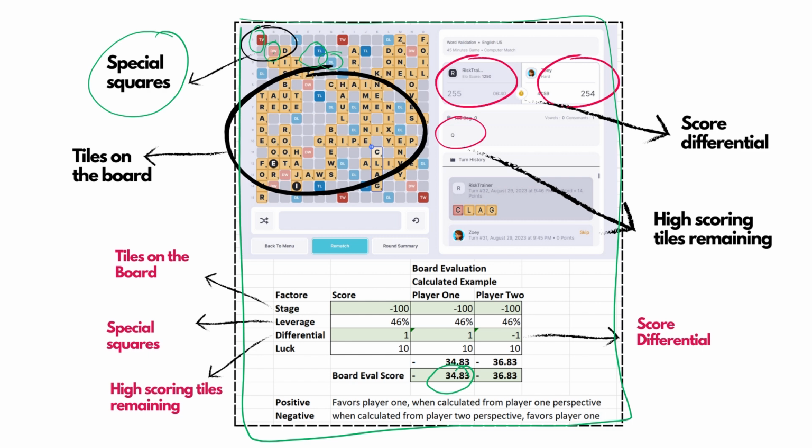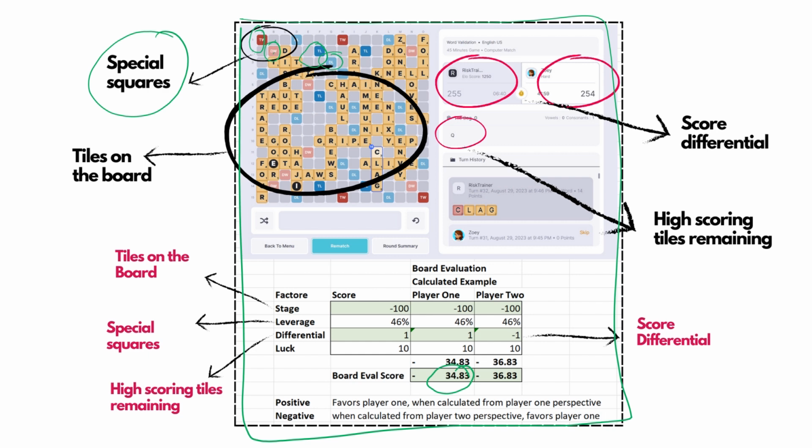But I think the second part is that if you go through the research and the analysis of Scrabble as a game, there are certain indications that suggest that the triple word and double word squares actually have a lot more impact on the outcome of a game compared to the triple letter and double letter squares. There are certainly exceptions to this, but as a generic rule, as a heuristic, this made sense. So we said, okay, let's just pick and focus on special squares.